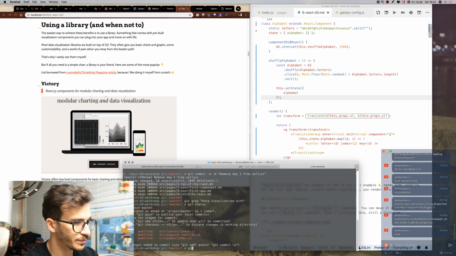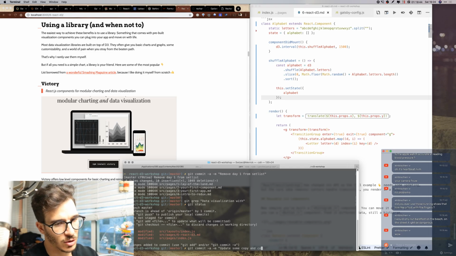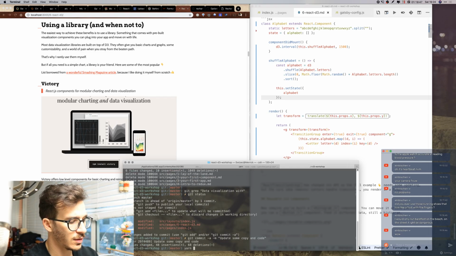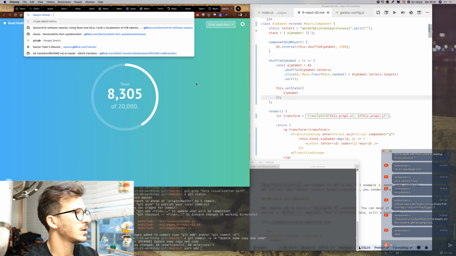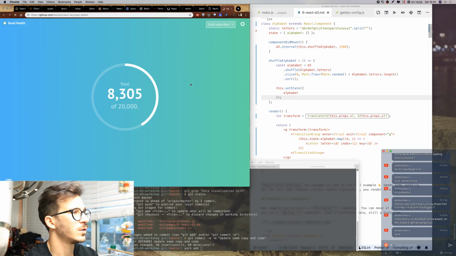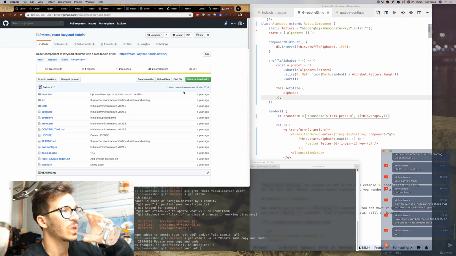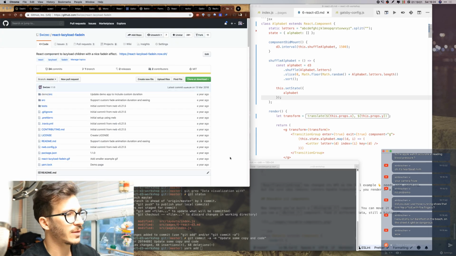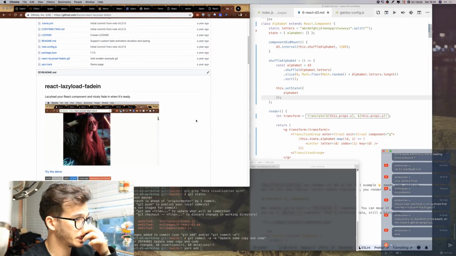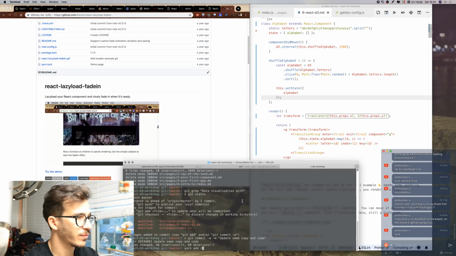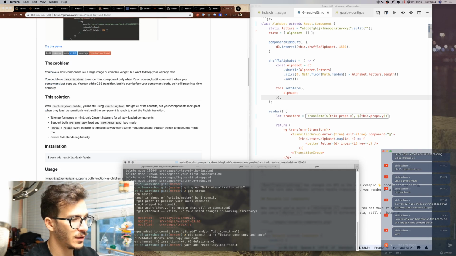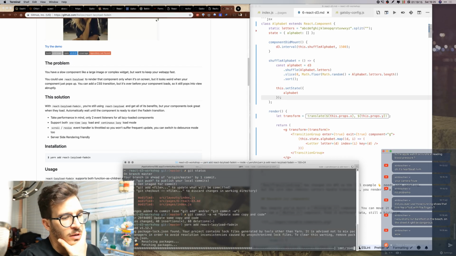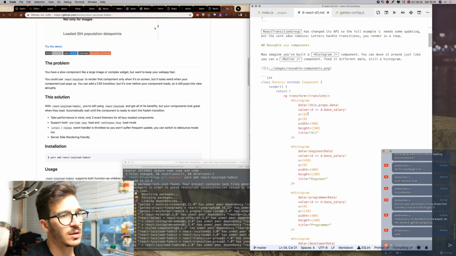Git status, git commit -a -m, update some copy and code. Then we're gonna yarn add, what was it called again? GitHub React Lazy Load Fade In. Okay. So yarn add react-lazyload-fadein. And let's see, was I smart in, oh,